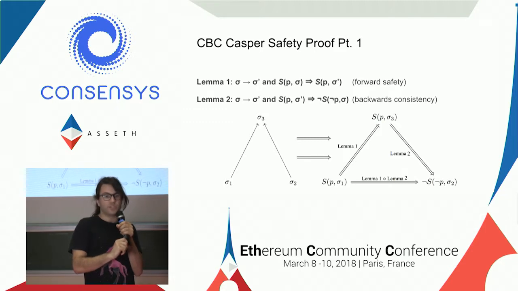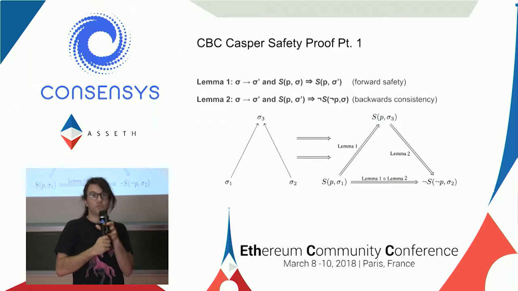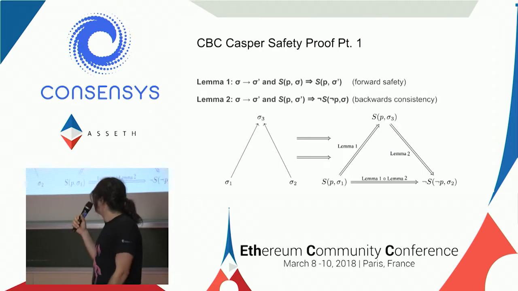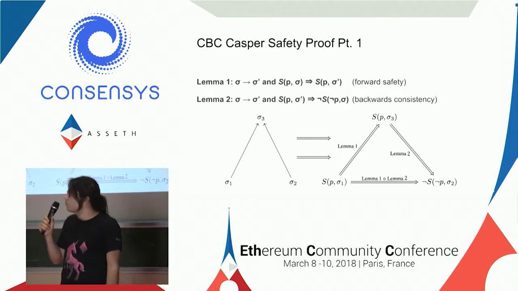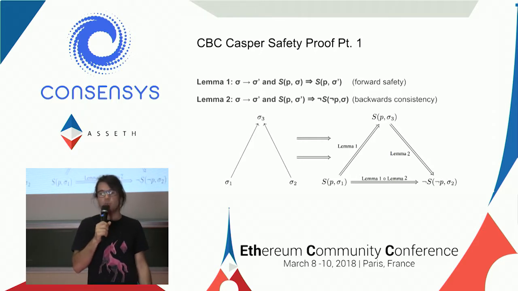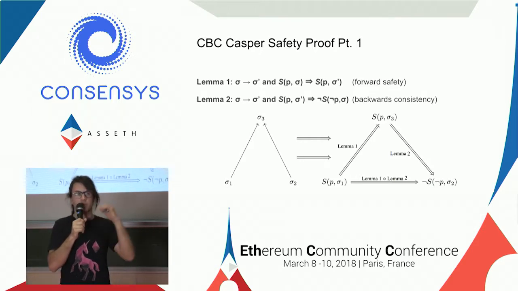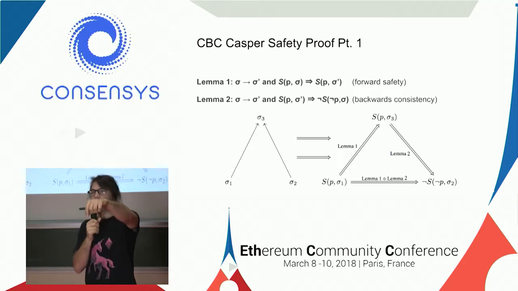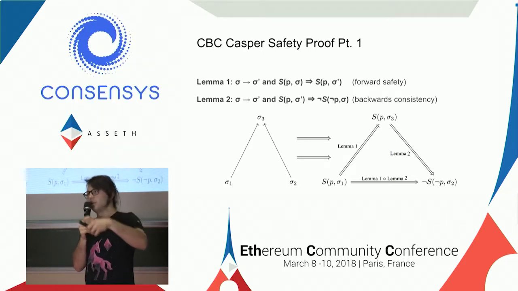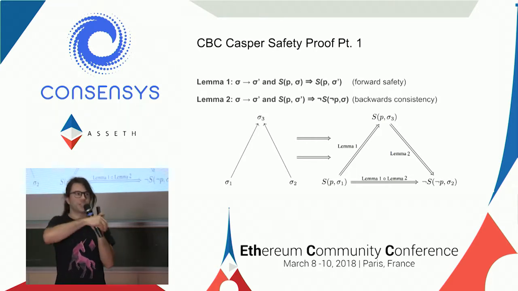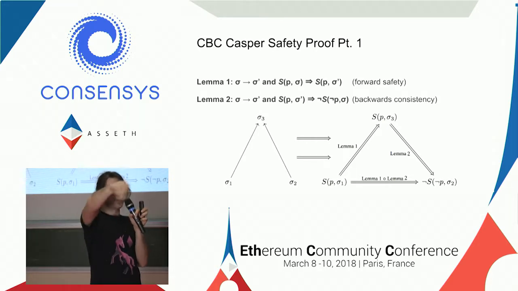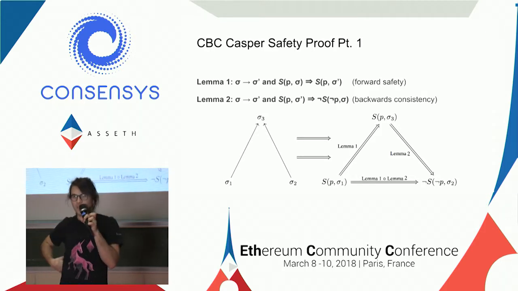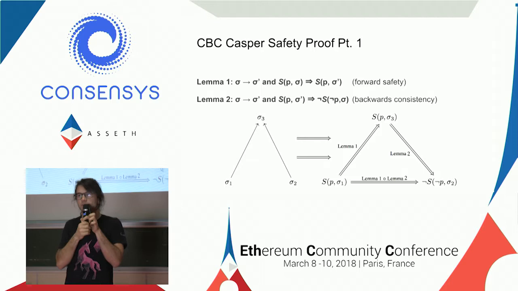So we have the first part of the consensus safety proof, now that I can present it. It's composed of two parts. One of them notices that if a proposition is safe here and we have a state transition to some other state, then it's also going to be safe there. Which makes sense, because all future states of the first one have that invariance. Any future state of the second one is a future state of the first, by that transitivity property that we talked about. And then we have backwards consistency, which says